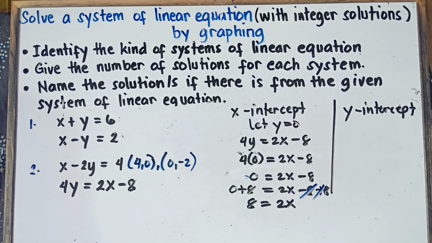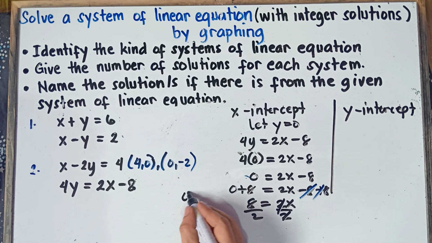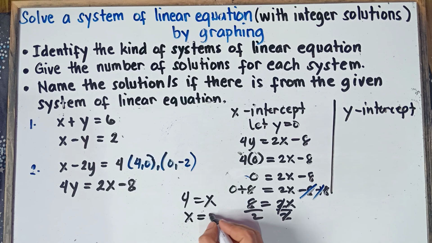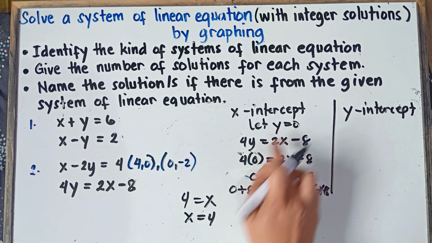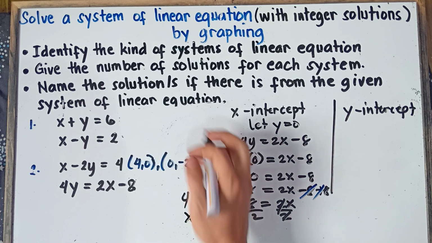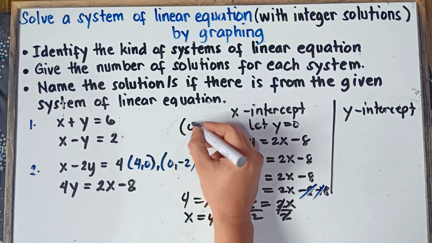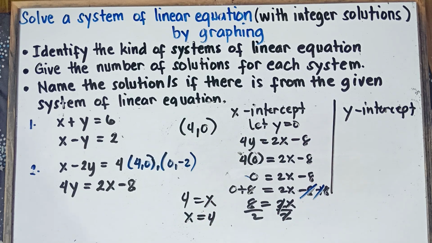And then to get the value of x, we can just simply divide both sides by 2. Divide by 2, cancel this out. 8 divided by 2, that would be 4. Simply copy x. 4 equals x. Once again, class, 4 equals x. It's just the same with x equals 4. We call this one the symmetric property. Okay, symmetric property. 4 equals x is just the same with x equals 4. So therefore, if y is 0, x is positive 4. So therefore, the ordered pair, we have 4 for x, and then y is 0.